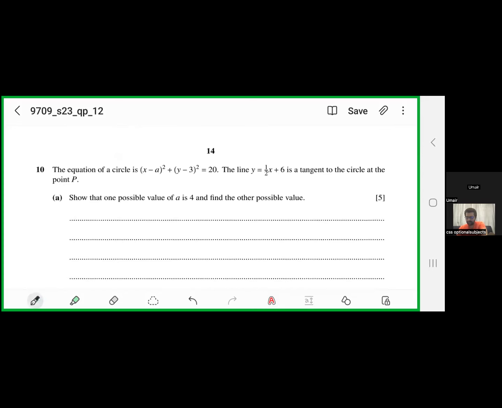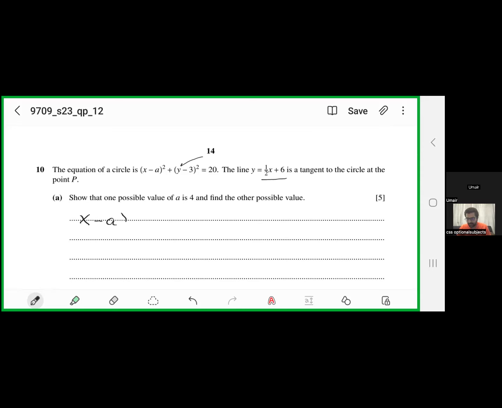The next one is question number 10. The equation of a circle is x minus a whole square plus y minus 3 whole square is equal to 20. The line y is equal to 1 by 2x plus 6 is tangent to the circle at point P. Show that the possible value of a is 4 and find the other possible value. Now from here, if we substitute this value of y over here, we can use the discriminant concept